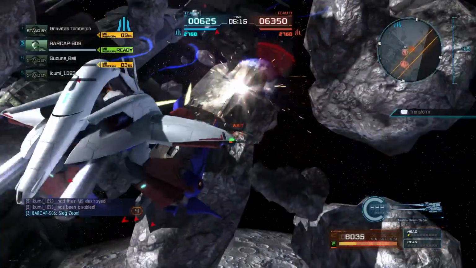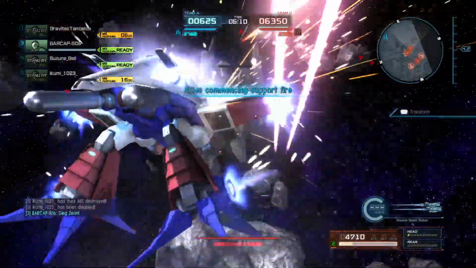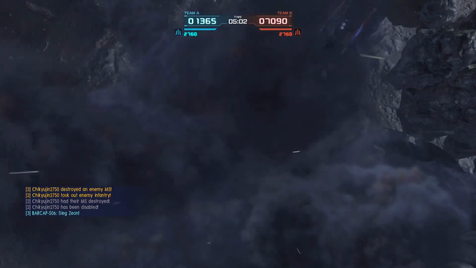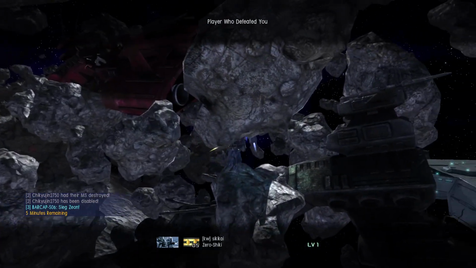And I'm trying to get the big fancy downswing off, and I got a tackle, that'll work. And I'm probably going to get hit by that support fire. No, I'm going to get hit by a Bawu, I think. Let's see what that was. But yeah, I think that was, okay, no, Zero Shiki, but yeah, I think that was one of our first two kills as a team,